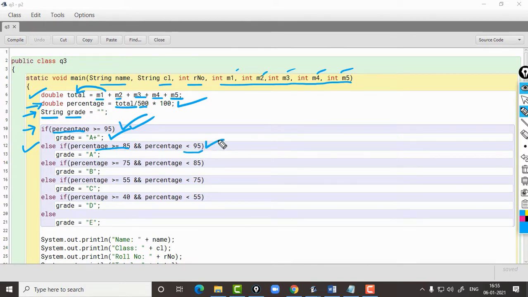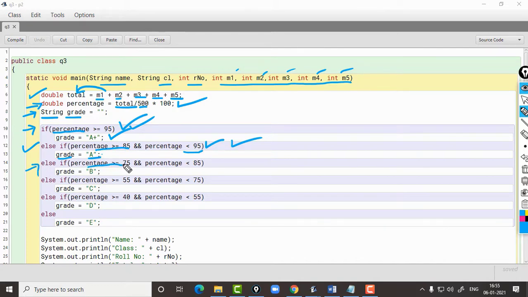So, if this condition is true, then string A will be assigned to variable grade, and if this condition becomes false as well, the next condition will be checked.